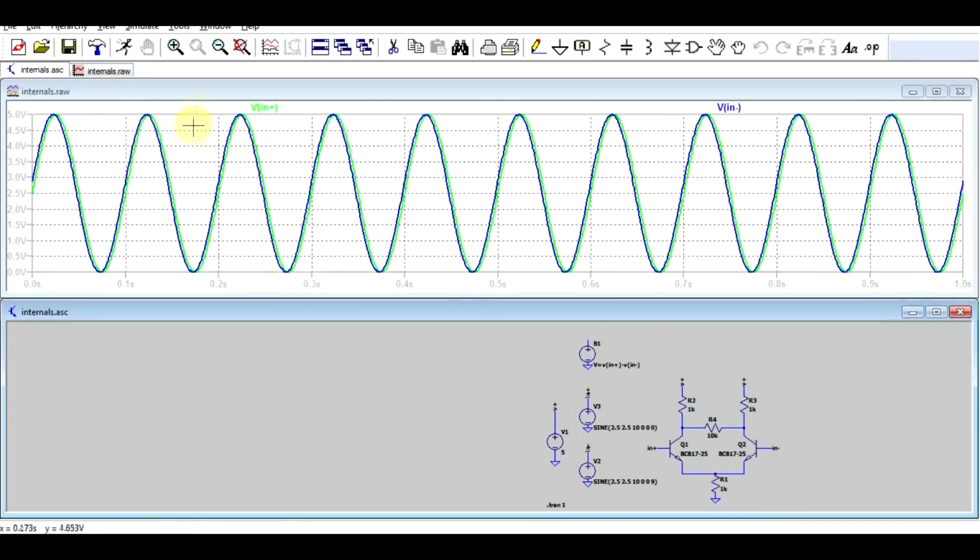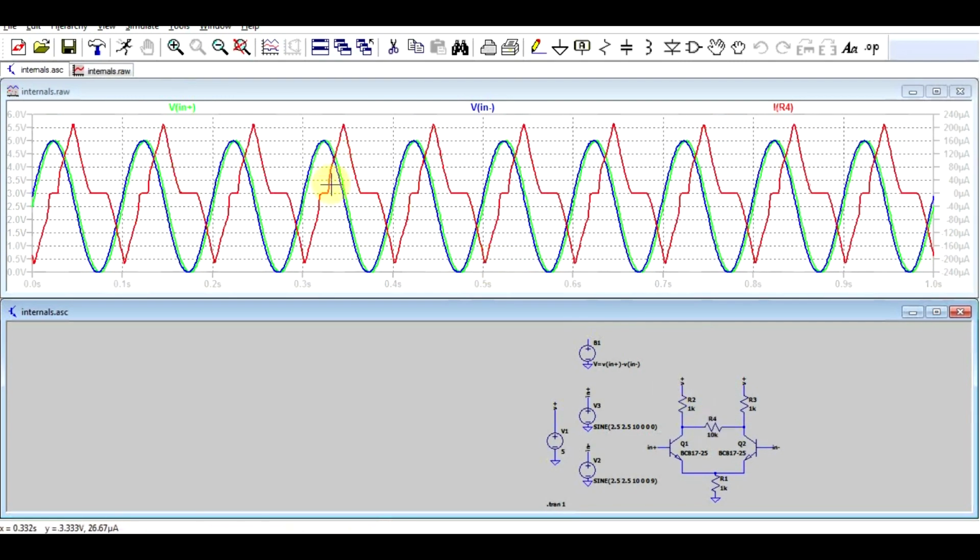We've got 2 sine waves, same frequency, just slightly shifted, so that the difference will never be very great between the two. So half the time the blue line is the highest voltage, half the time the green line is the highest voltage. Now if we look at the current through this common collector resistor, we can see that when the green line, so the positive input, is higher, then the current is positive, so it's above 0 microamps. When the blue line is the highest voltage, then the current is negative, so the current flows the other way